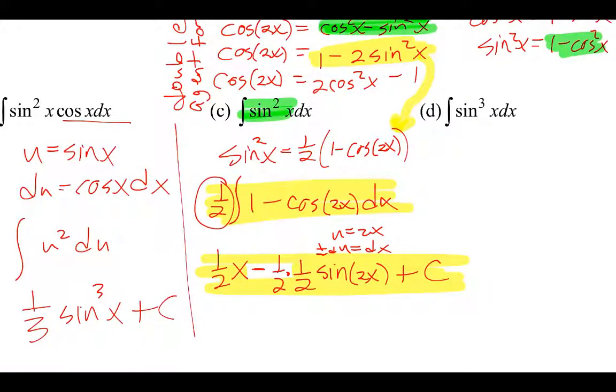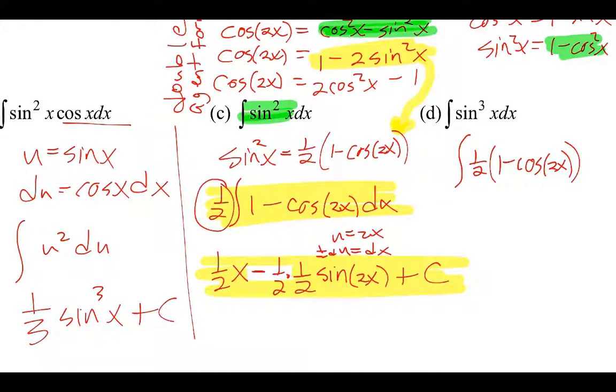Next one then falls into place. I'm not going to work it out totally, but we would just bust it up. Can you imagine that you just take sine cubed x and make it sine squared times sine? Which means then I can use this power reducing formula that I have here. This is my sine squared, saying sayonara. Okay, I'm going to write that underneath that it's sine squared. And then next to it is a